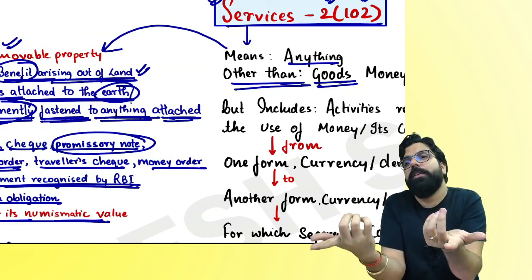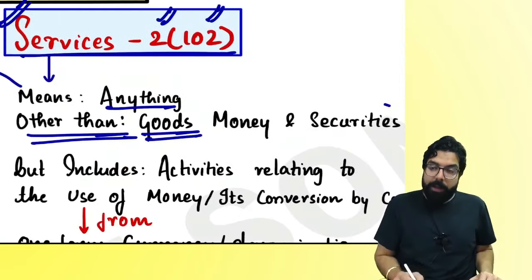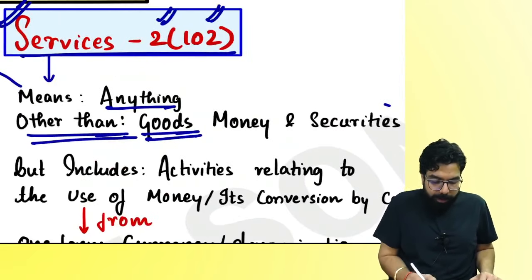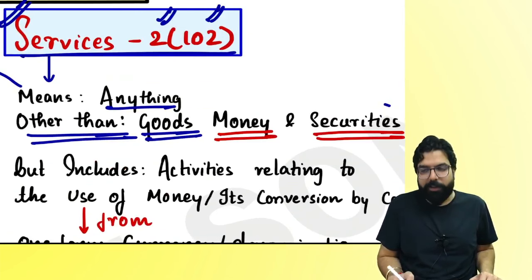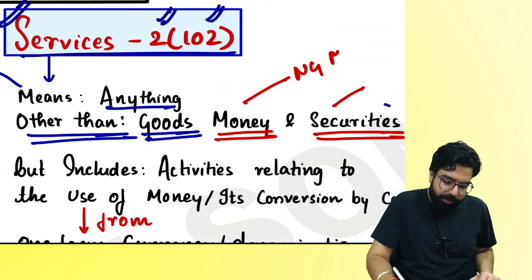Immovable property is what? Service. Can I go ahead, everyone? Anything other than goods is a service, and anything other than goods, money and securities. It means money and securities are what, everyone? Neither goods nor